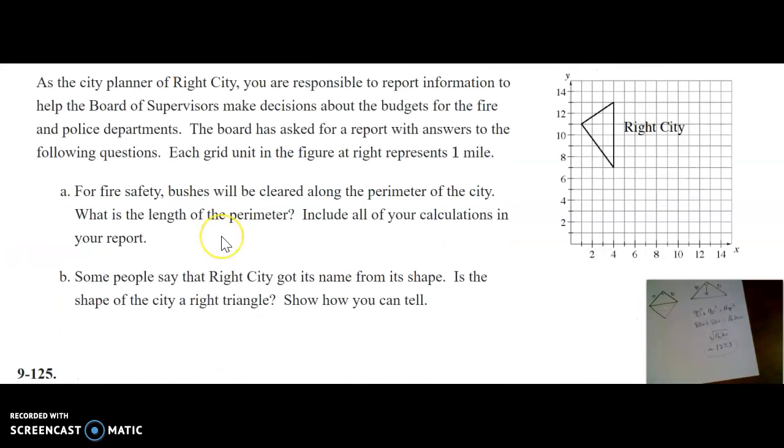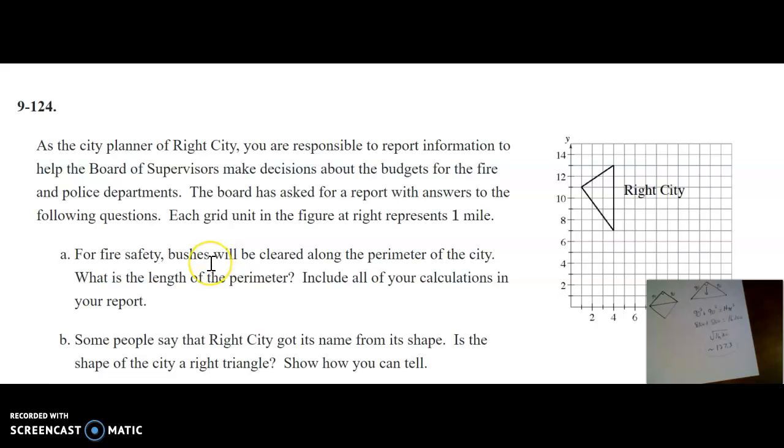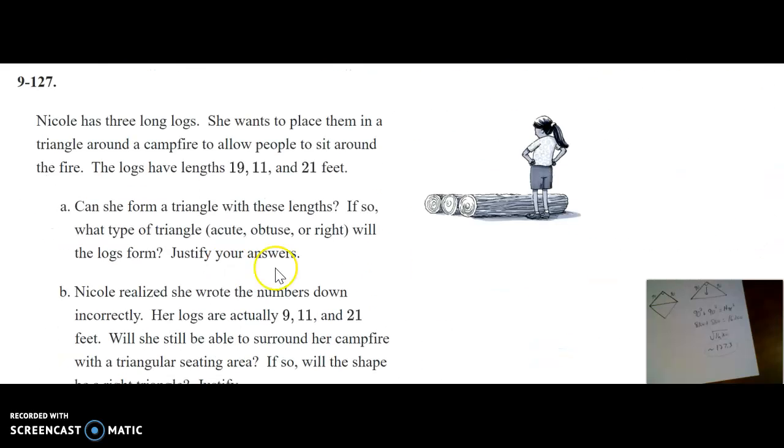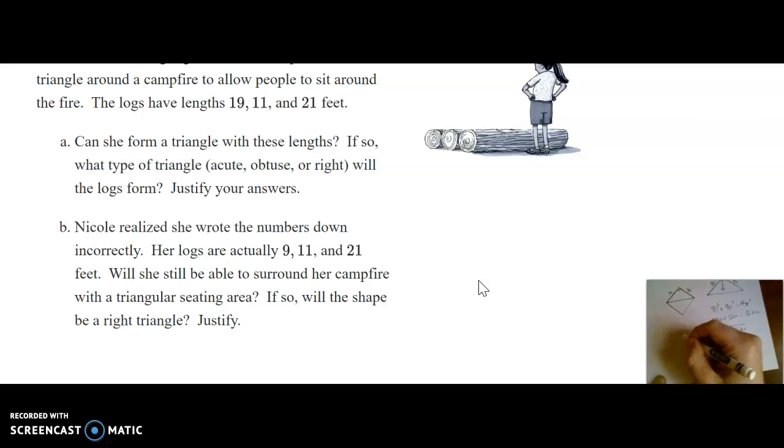And the last one to take a look at, I just want to make sure for letter B, it says Nicole realized she wrote the numbers wrong. When she wrote the correct numbers, the triangle she was trying to form had side lengths of 9, 11, and 21. As what we saw with triangles before, your two shorter sides always have to add up to more than